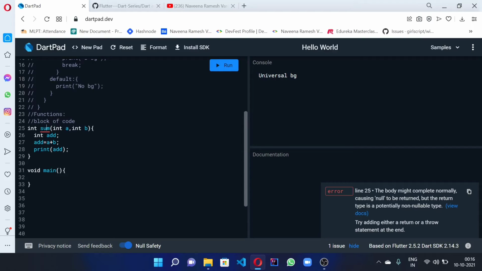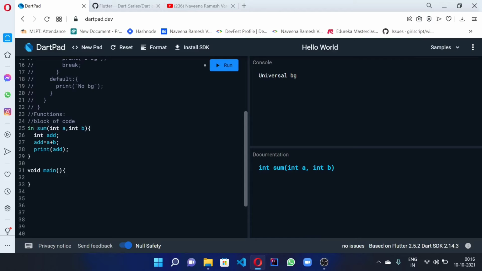Okay, it shows a null safety error. So what should we do? We should ignore that. See, it shows a non-nullable type. No problem. We'll take it as void because we are not returning anything.